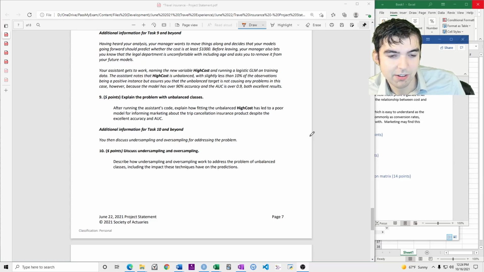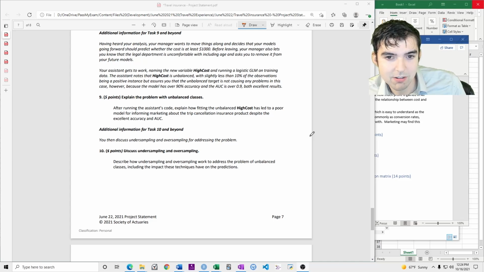The assistant notes that high cost is unbalanced, with slightly less than 10% of the observations being a positive instance, but assures you that the unbalanced target is not causing any problems in this case.